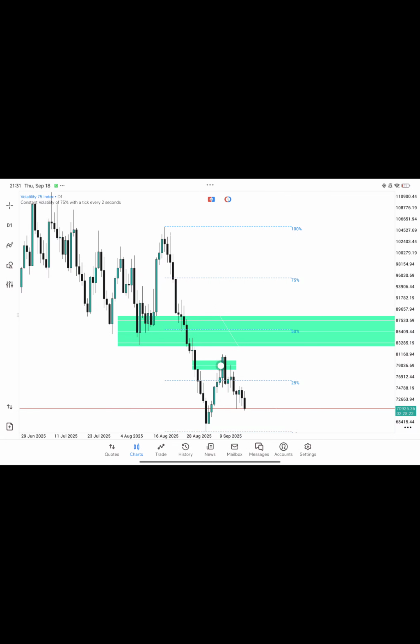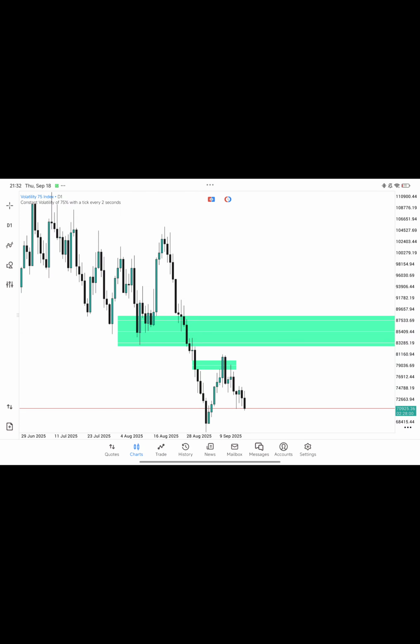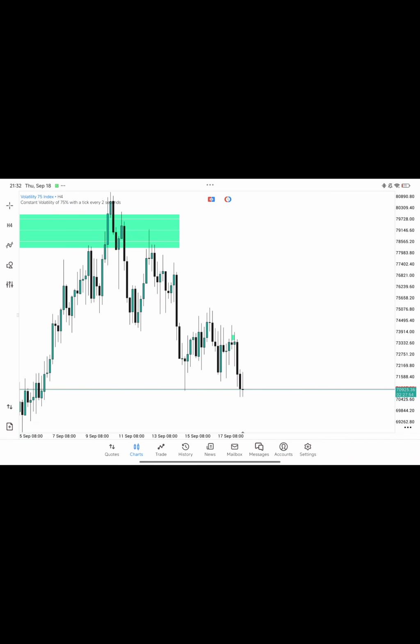Now, what gives you a telltale sign that price has actually reversed, that the reversal is happening right in here, and that it wasn't going to go up higher? Let me take this off the chart so you can also see. So now price traded into this fair value gap, and now let's go down to our 4-hour time frame.